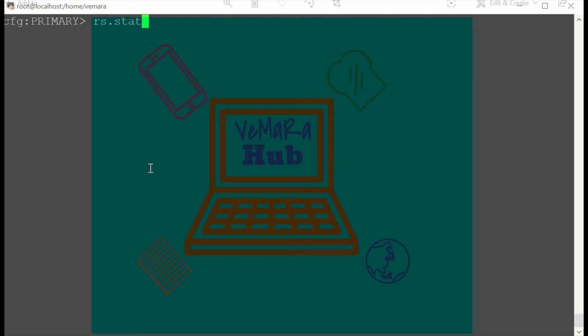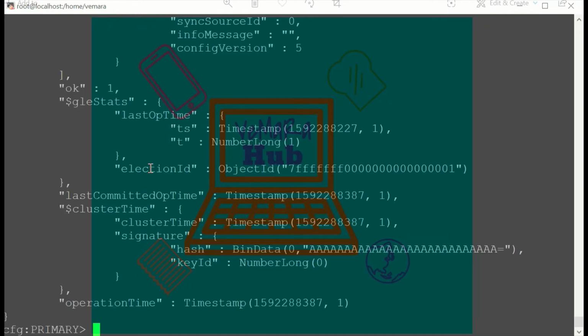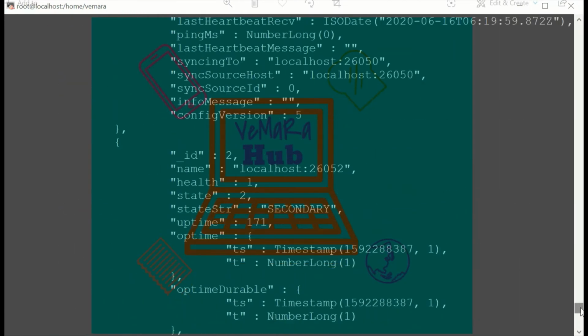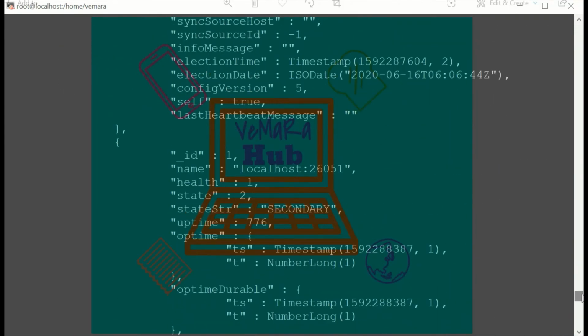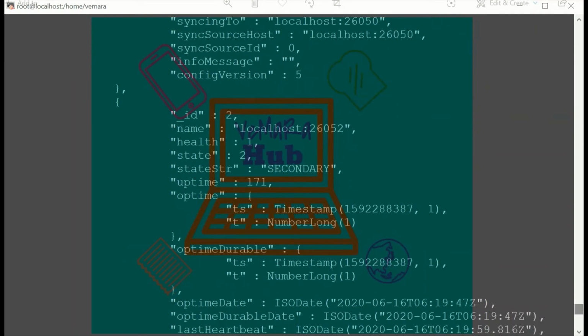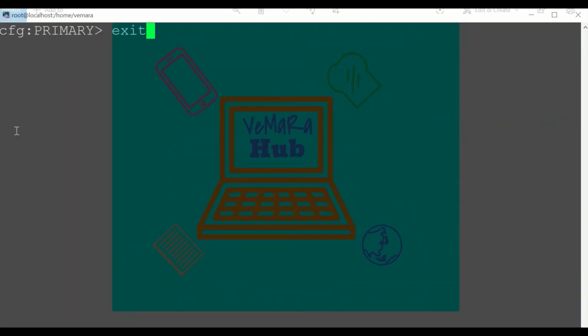Now if I check rs.status for my config servers, you can see that all the 3 members are now added to the replica set. Now I'll exit the config servers, and now let us initiate our shards.